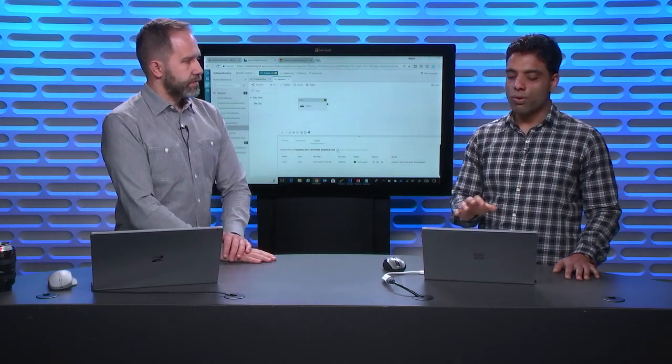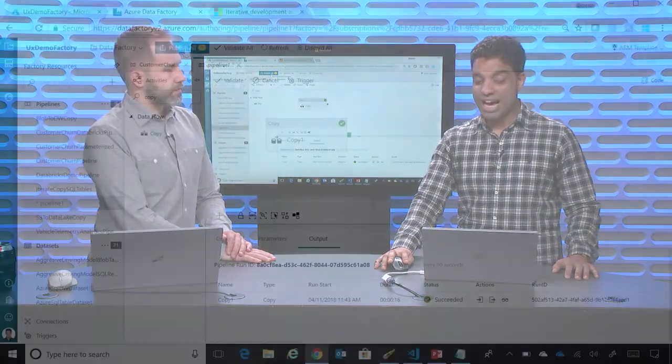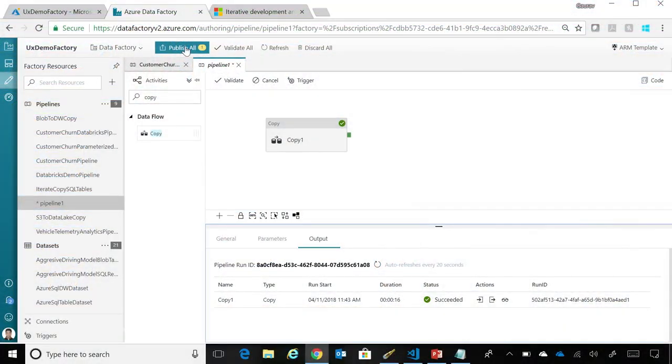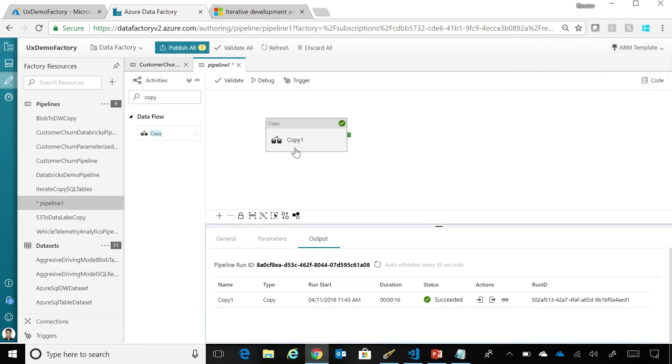Yes. So when you actually click this test run, as you can see over here, I still haven't published my pipeline to the Data Factory, which means any changes that I have done to my pipeline are still in my local browser session. So if you have a production workflow running and you want to make sure that workflow does not get affected, this debug button for doing test runs is awesome, right? Because now you can make sure that your workflow runs end to end before you hit this publish button and